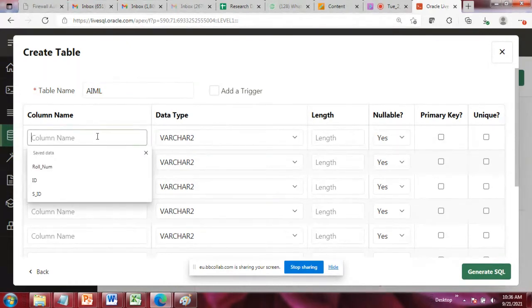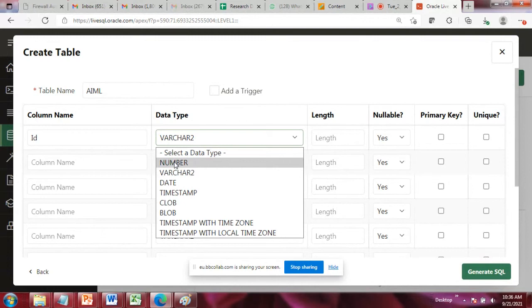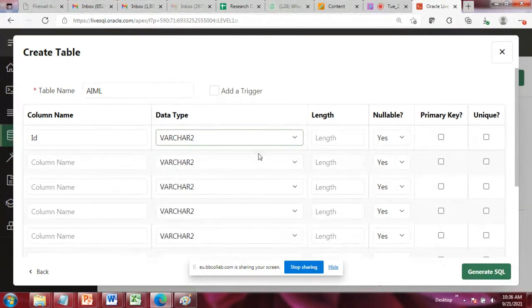Here is column number one. Your ID should be there. You can write varchar or you can write number. This is up to you. For a while, I'm going to take it as a varchar. You can take it as a number, not an issue. You can allow null, or if you want to make it a primary key, yes, I want to make it a primary key. And if you make a field the primary key, then a null value is not going to be allowed. Fine.